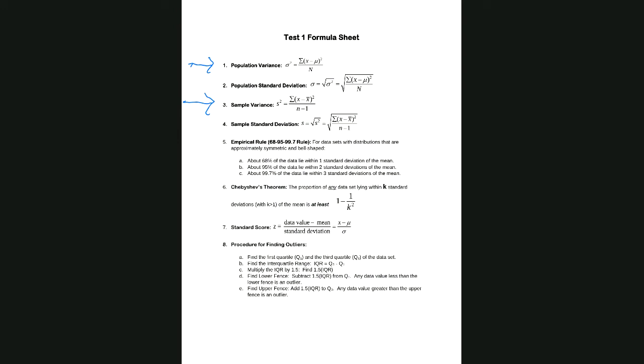Now, this formula sheet is something you're allowed to use while taking test 1. So you really need to print it out. That's why I was saying you might want to get a flash drive. If you don't have a printer at home, you might want to save this to a flash drive, and then take it up to Office Depot or Staples or something and ask them to print these things out for you.